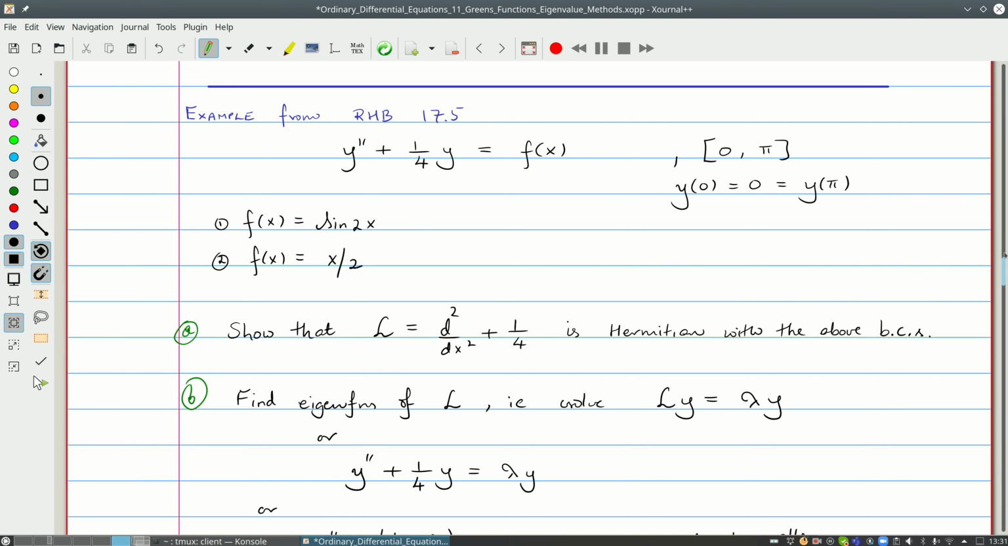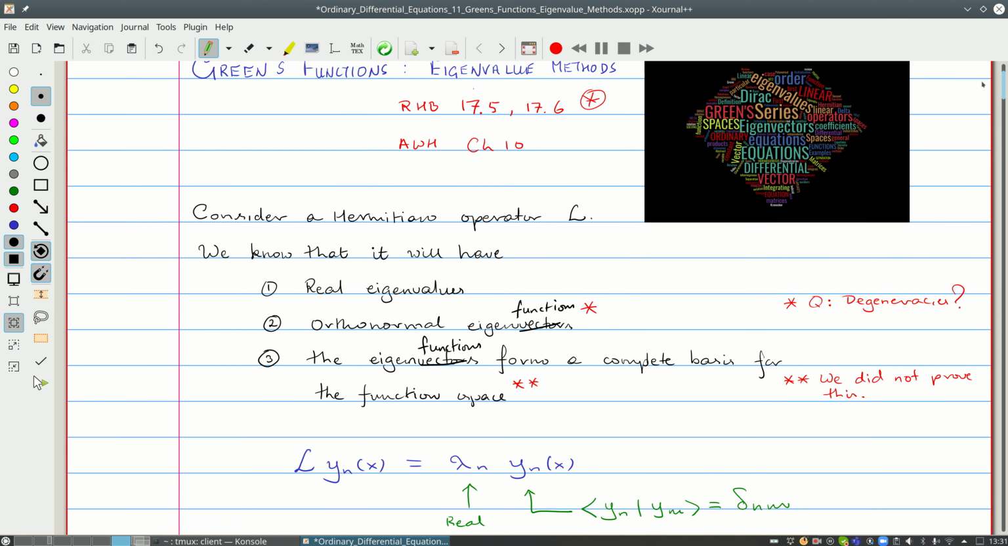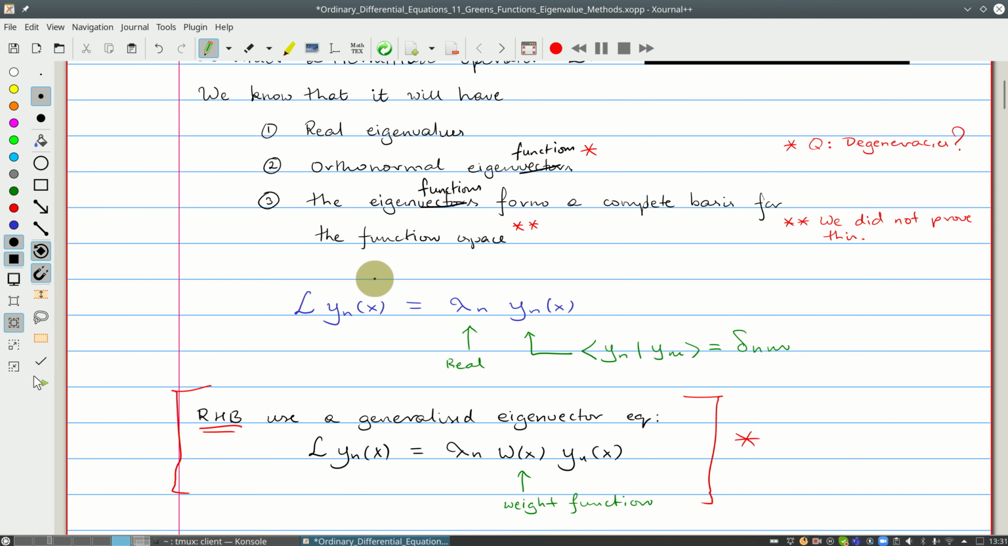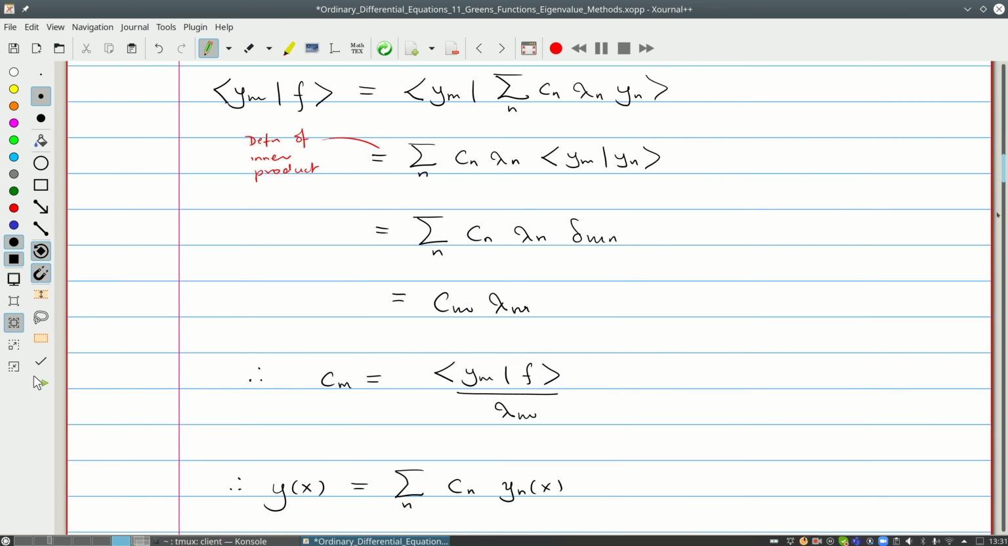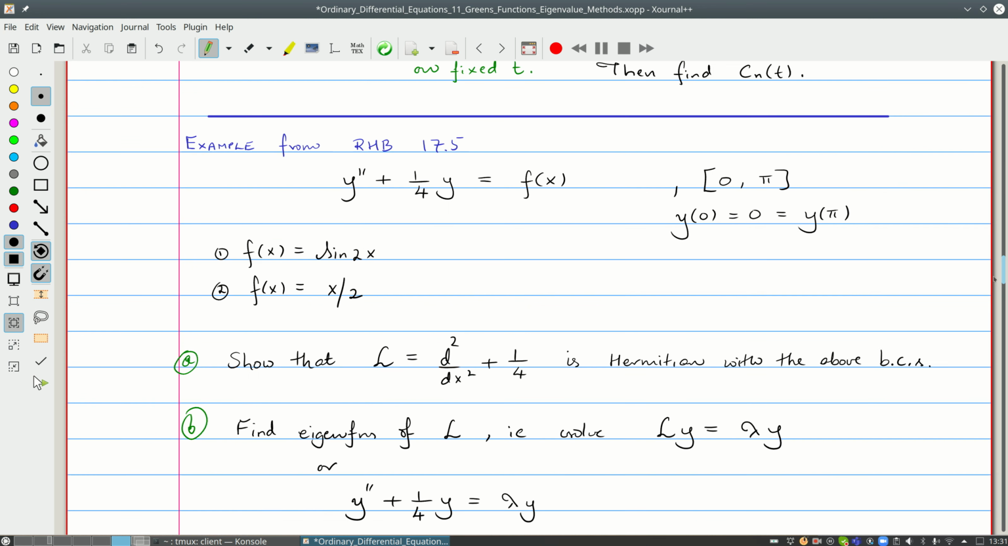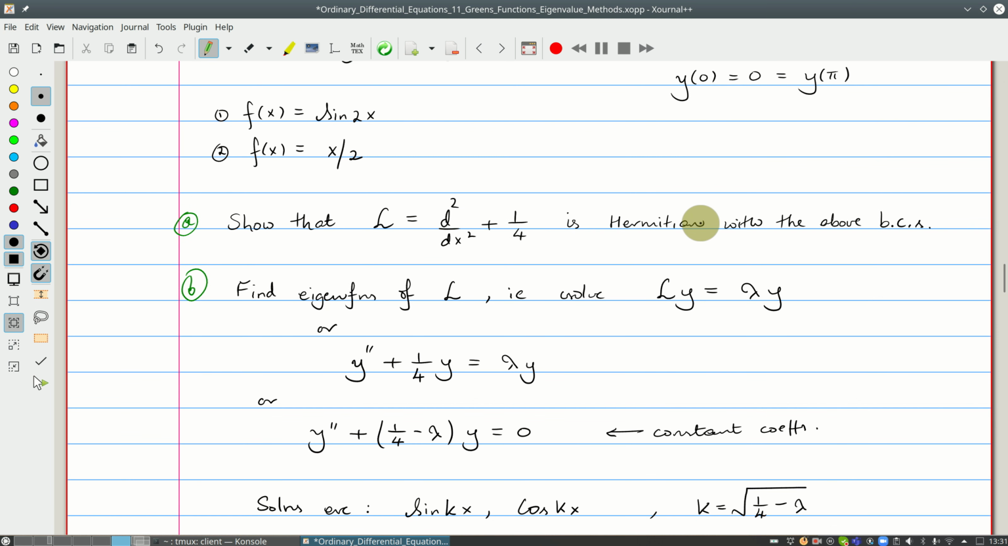Because the mechanisms we have used here are reliant upon L being a Hermitian operator. It's only when L is a Hermitian operator that its eigenfunctions form a complete basis. Okay, so we need that in here. So show that. Once you've shown that, then we can find the eigenfunctions of L and then use them as